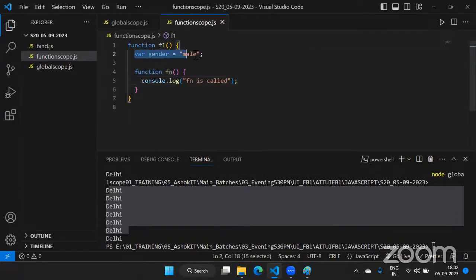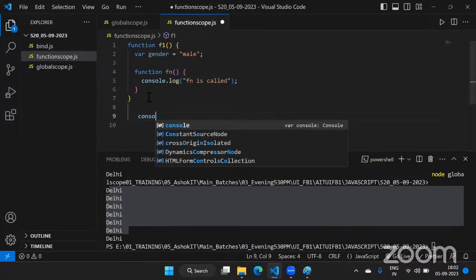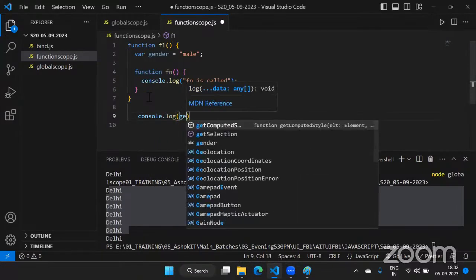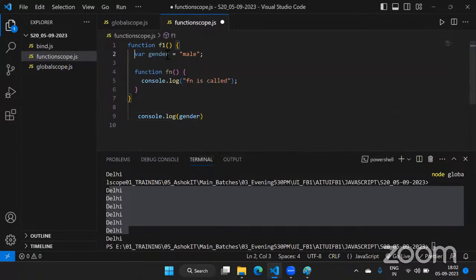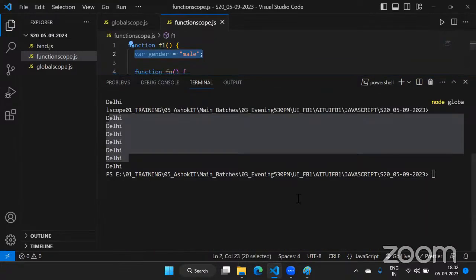Now this variable and this function are in the function scope. You cannot use them outside this block. Suppose here I want to do console.log of gender. I cannot access this gender outside this curly brace. Now if I try to execute,